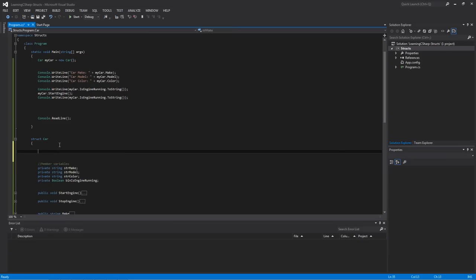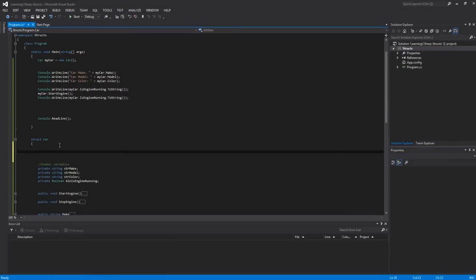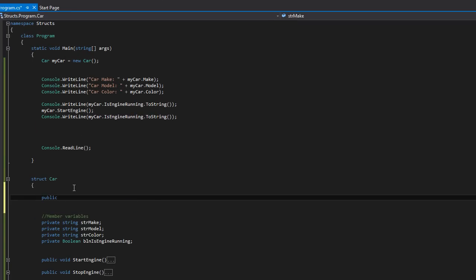And the way they're done is they are created like this. We'll do the public keyword and we'll title it Car, the exact same title as your particular struct that you have going on. And then we'll do an opening parenthesis, and then it needs a parameter list like we've seen before. And we know that we want to automatically set values for our three member variables, the make, model, and color. So we'll do a string and call it make,